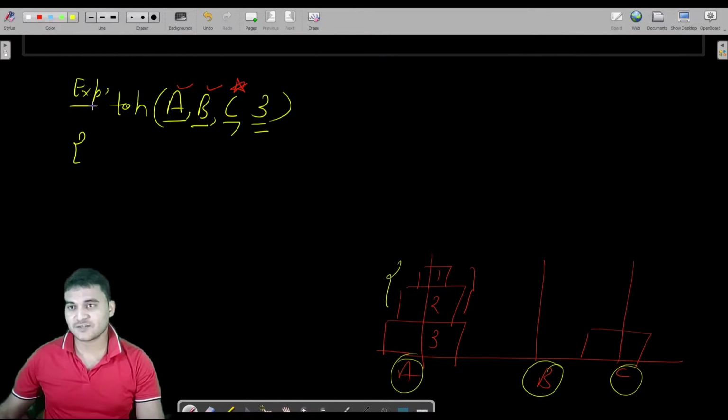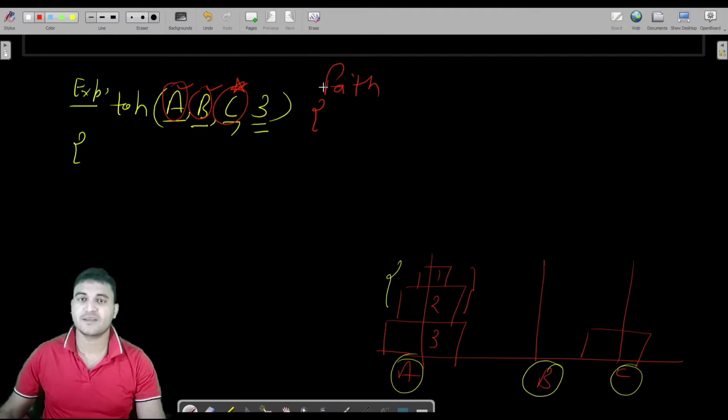What was our expectation? You have to move your three disks from A to B using C. But our faith is, if I choose two disks from here and I want to place them here using B, then our faith is this work would be done automatically. That means if I pass two onto the same function, let us say you have to put two disks from A to C, we already know that this function will do its job.